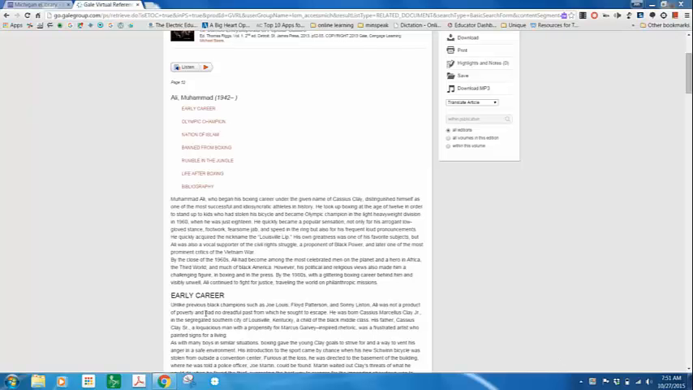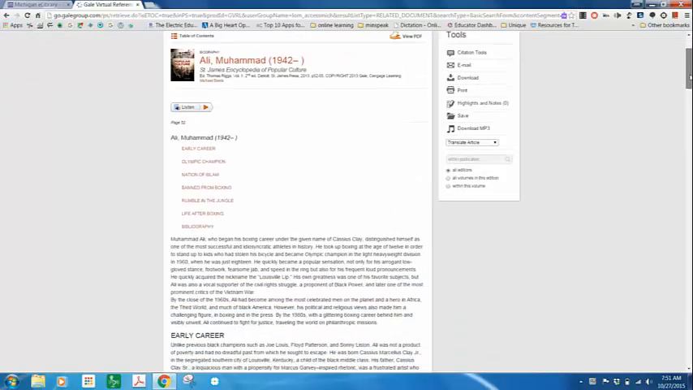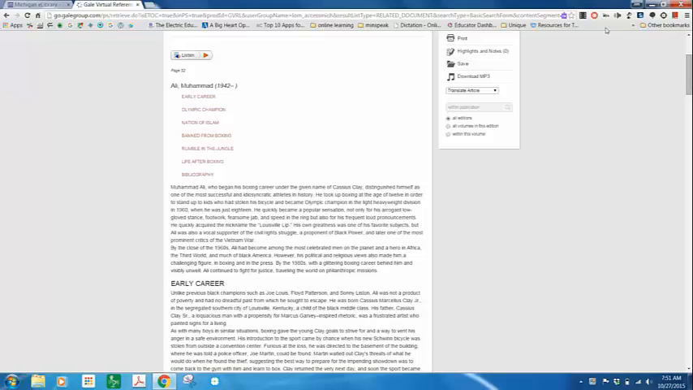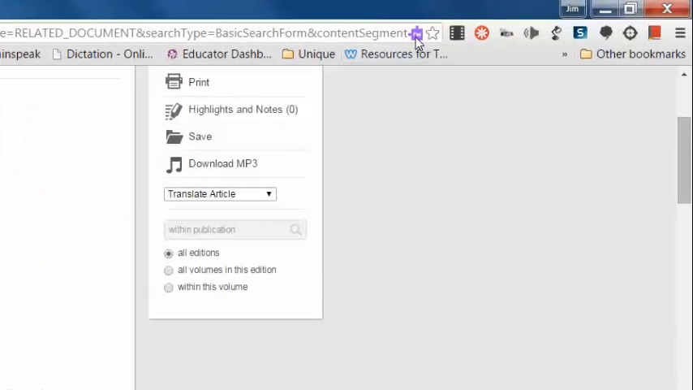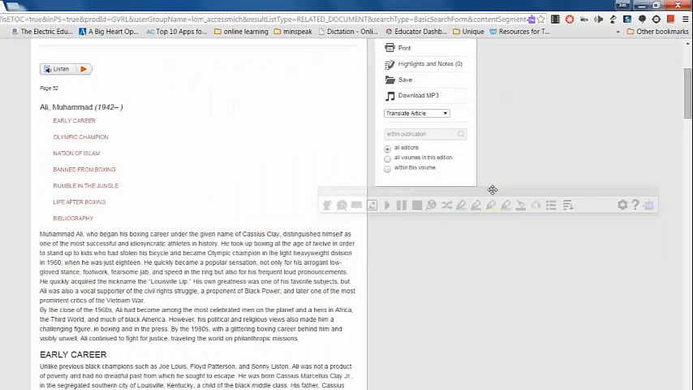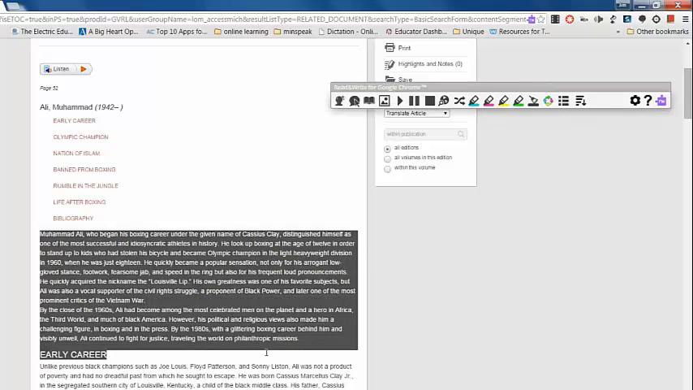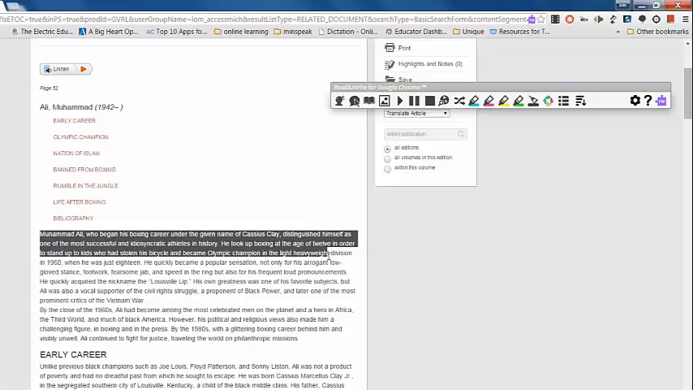Here we have an article from the Gale Virtual Reference Library found on the Michigan Electronic Library, and you'll see up here in my toolbar I have Read and Write for Google. If I select that, I will get a little toolbar that floats. I can drag it around and I can use this to, again, I don't want to read too much,